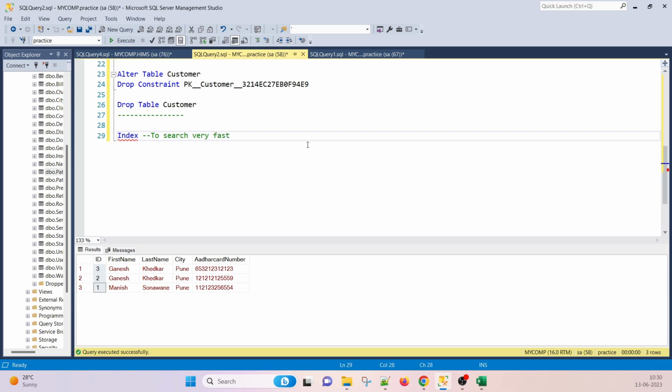Suppose there is a topic in the book, and that topic is not mentioned in the index, can we search it easily? No, because in a book there is an index first, and the index is just the headings, we can say. Constraint is the heading, and